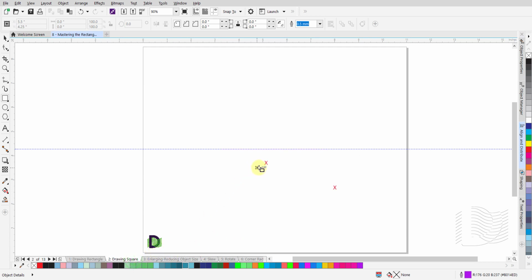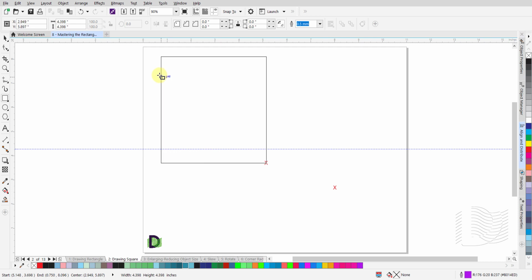Drawing a square is almost similar to drawing a rectangle. To draw a square, left-click and hold the mouse button at the start point. Press and hold the Control key, Command key on the Mac, and drag the mouse to draw a perfect square. Here as well, the starting point becomes the anchor point. When you get the right size for your square, first release the mouse button and then release the Control key, Command key on the Mac.